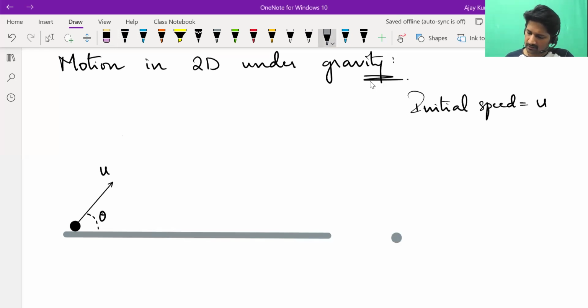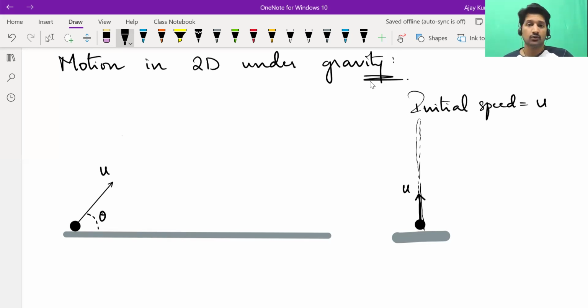Now, if you remember, in motion in a straight line, we discussed motion under gravity in 1 dimension. If an object is projected with a speed u like this, straight up, we know it will rise up to a certain height, become slow, it will stop and then come back along the same straight line. So we derived time of ascent, Hmax. We know how to tell velocity at any height by using equations of kinematics. We can tell almost everything about that object till it strikes the ground. Now we should be able to do the same in 2 dimensions when a ball is projected like this.